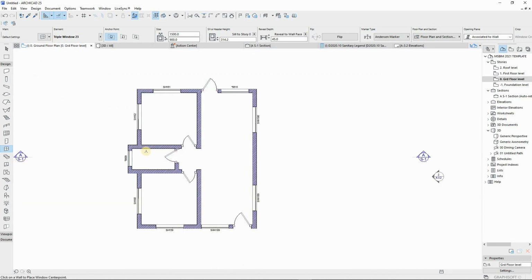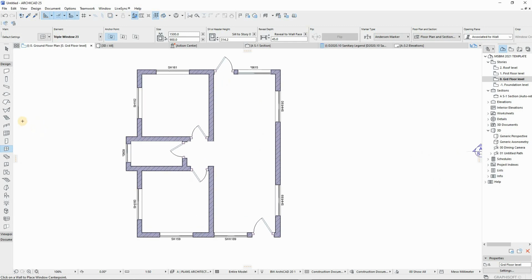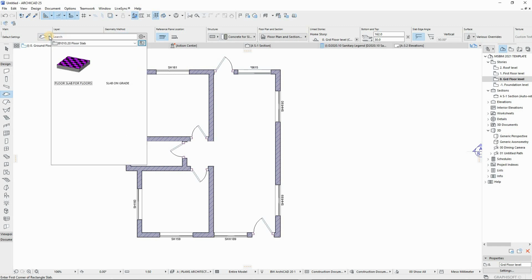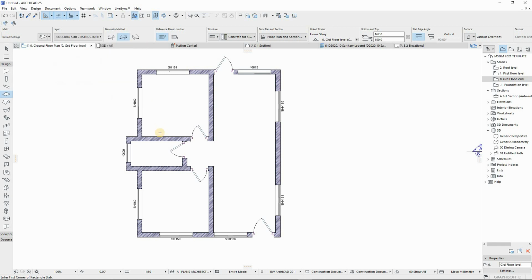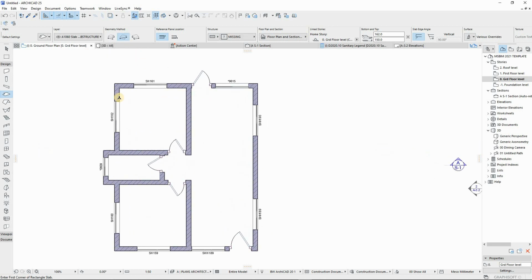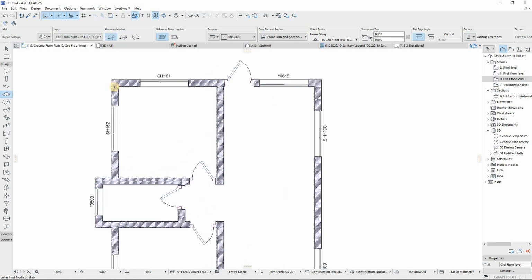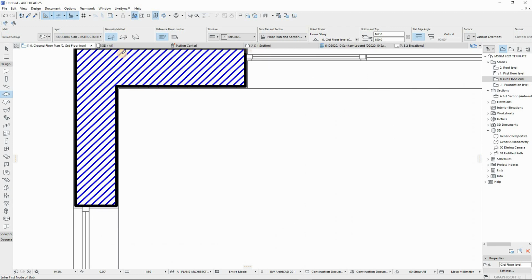So go back to the ground plane, then what I'm gonna do, pick just a slab. It depends. Let's check on the favorites what we have. We have these two. It means there are libraries that are missing that I need to be reloaded. I don't think it's a big problem. What we can do, just use slab on grade. Then I'm going to use the first polygonal geometry method to place my